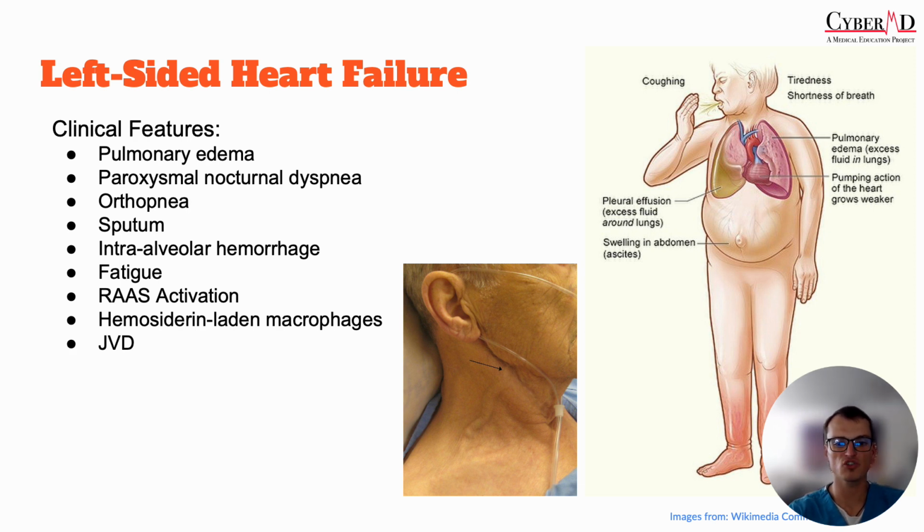Again, the entire story of what we've been talking about with heart failure here really helps us to understand how heart failure cells come to be. You have this backup of fluid into the lungs, into the pulmonary circulation. Your pulmonary capillaries become engorged and dilated. There's increased pressure, and eventually they rupture and they spill red blood cells